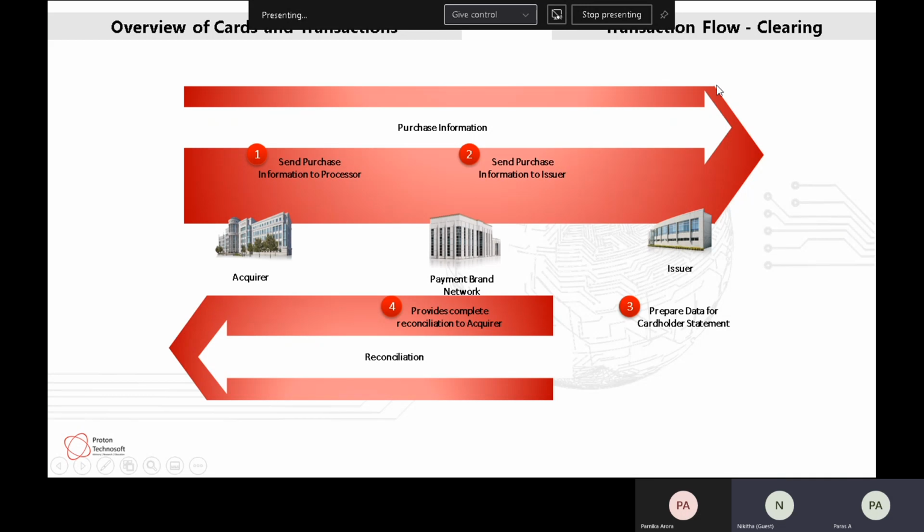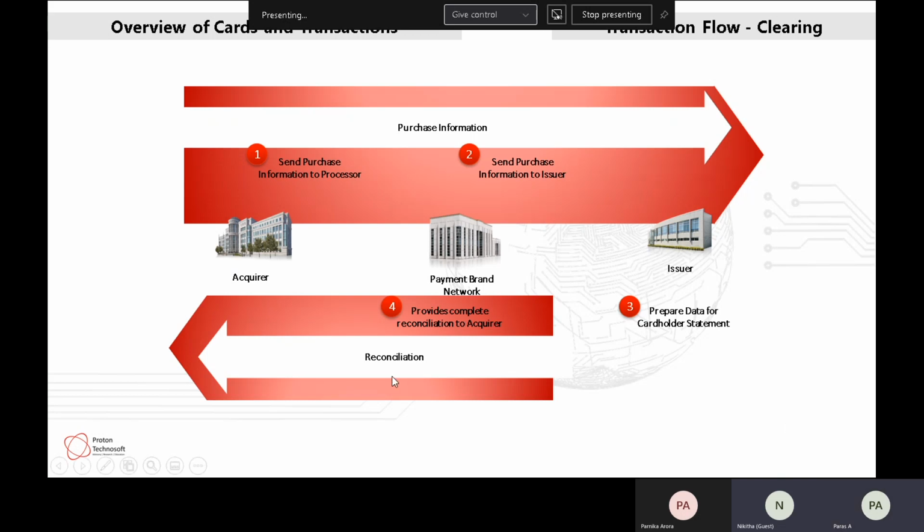What if the acquirer and issuer fall under the same bank? For example, the acquirer is HDFC and the issuer is HDFC. Then the payment brand network doesn't come into the picture. So then the transaction charge will be 0.4%, 0.4% only, but the merchant will still not tell that to you. Yeah, correct. Then it will be 0.4% only. Okay, got it.